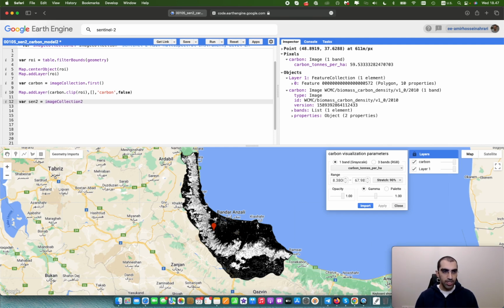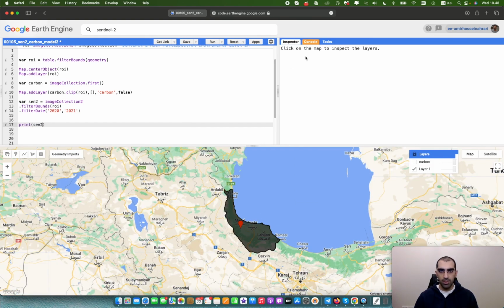When you are dealing with an image collection such as Sentinel-2, you must filter your data based on a region of interest and based on a period of time. The filterBounds allows you to filter your data based on an ROI region, and then you must filter your data based on the period of time you want to have carbon for. For example, I'm going to calculate the carbon for 2020. Here, the filterDate starts from 2020 and ends at 2021. So, let's print to see how many